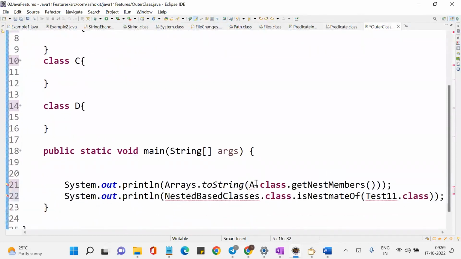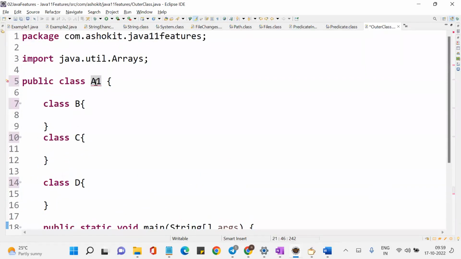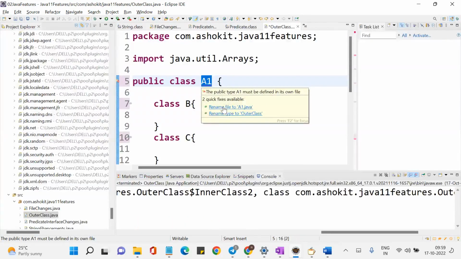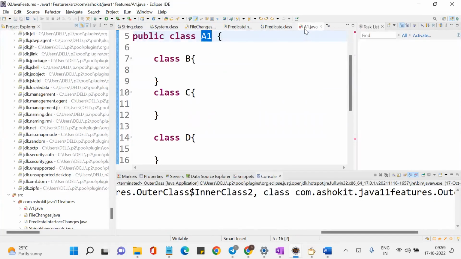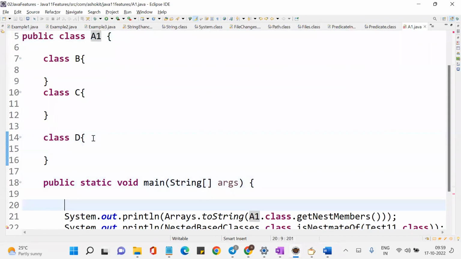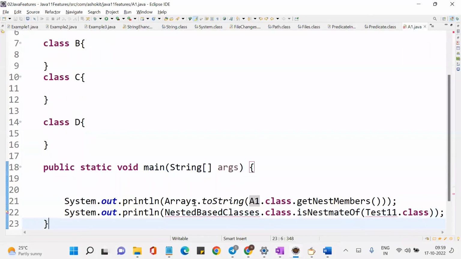Now here, let me put it as A1. Class name I need to modify. Yes, rename the file. Okay, done. Now can I say that A1 is the outer class and B, C, D are the inner classes? Yes. Now I want to check whether D is a